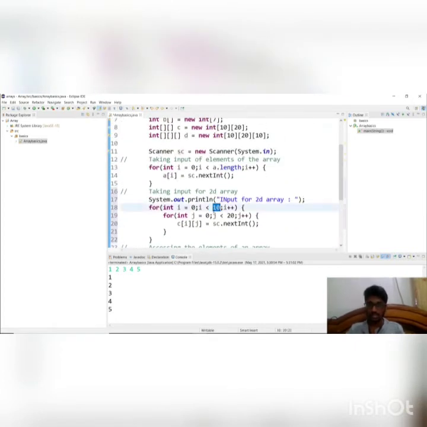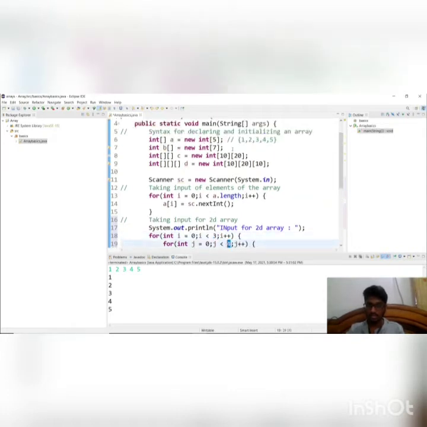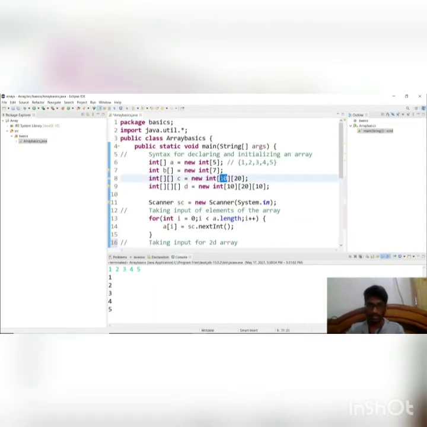Since 10 and 20 are very long, I am giving 3 rows and 3 columns. I'll change it here also.